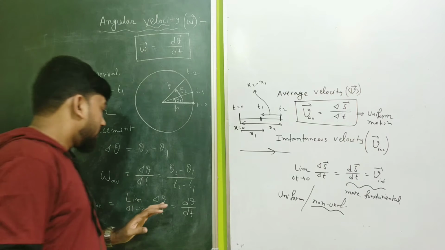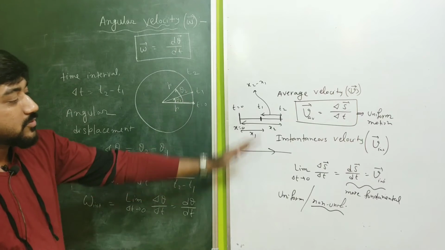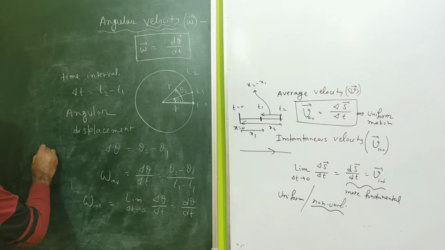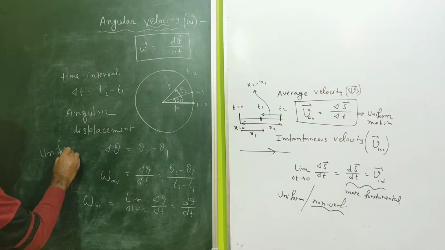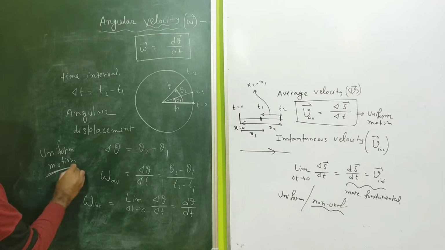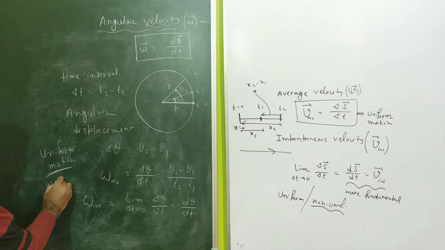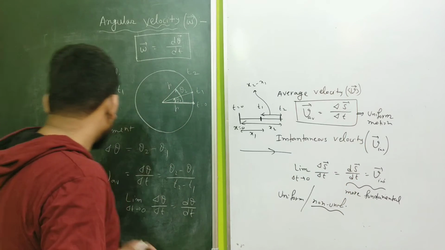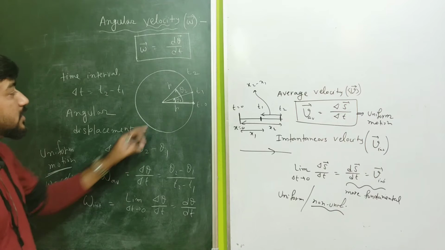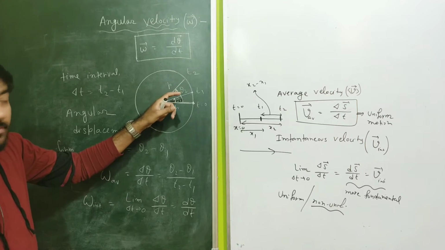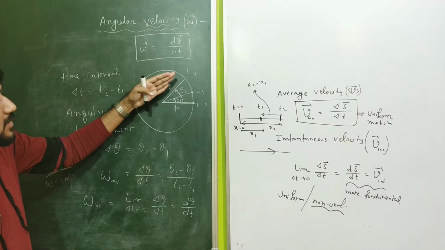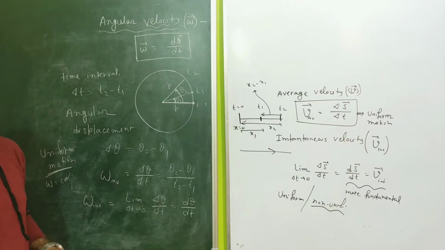Here also these kinds of situations will arise, uniform or non-uniform. So for uniform motion, if you talk about uniform angular velocity, then obviously omega is equal to constant. As you have seen here that v is equal to constant. That means omega is equal to constant means for equal time intervals, the radius vector makes equal angles with the reference line.